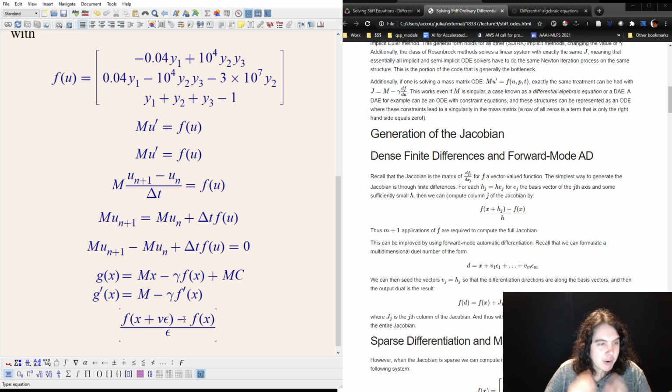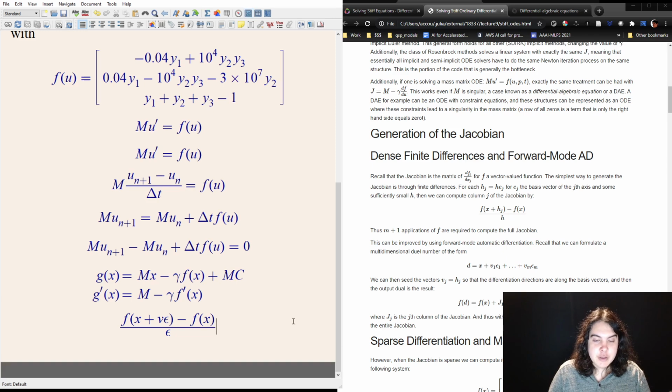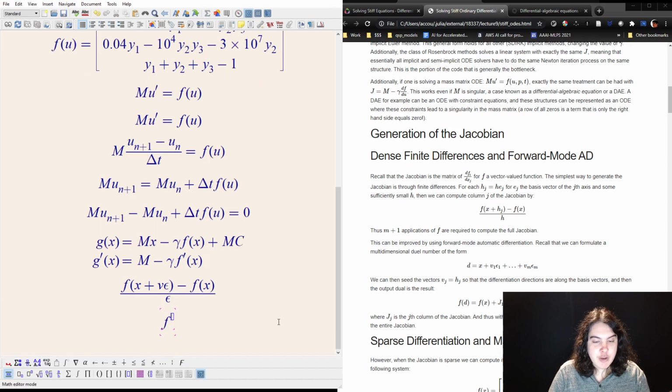If we want to calculate the Jacobian, then what you can do is calculate the derivative along each of the basis vectors. So the Jacobian matrix, f prime of x,